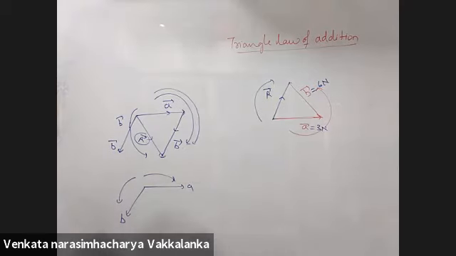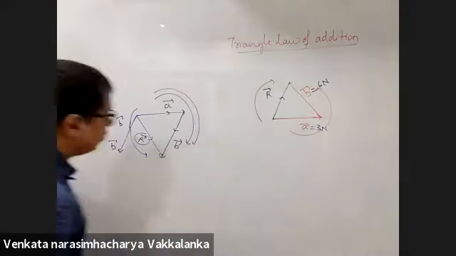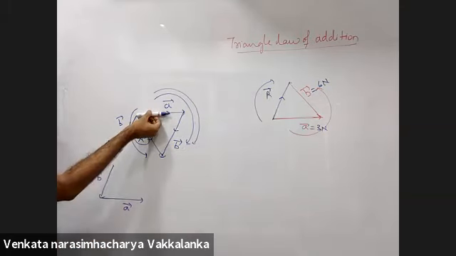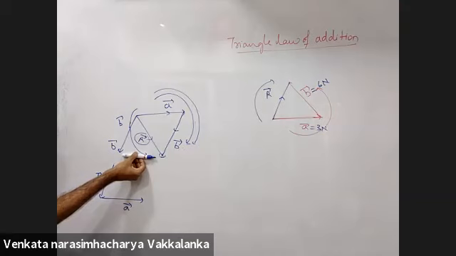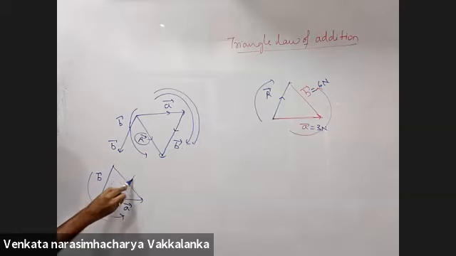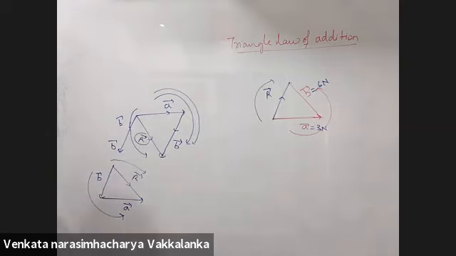Sir, if we translate the vector A adjacent to B, then also it would be the same. Obviously, it will be the same. I'll translate that and I'll show you. This boy wants to translate A instead of B. I'll keep B as it is and I'll translate A here. This is A. Agreed? What did I do? I translated A here. A and B are two sides of the triangle taken in one order. Resultant will be the third side of the triangle taken in reverse order. You are getting the same? Yes, sir.